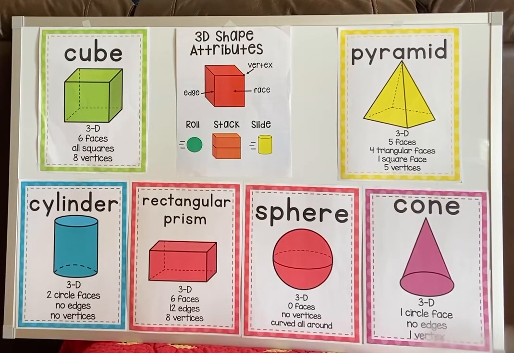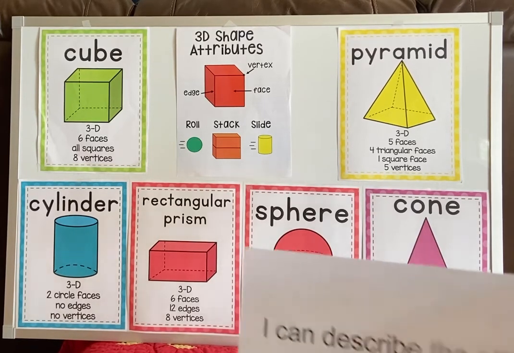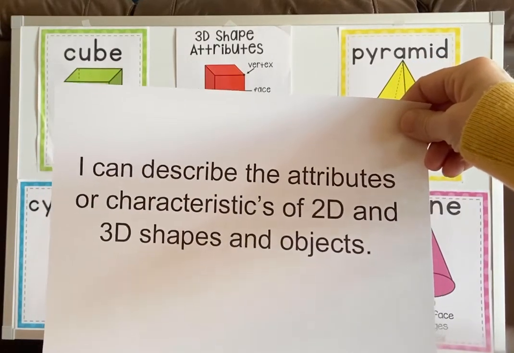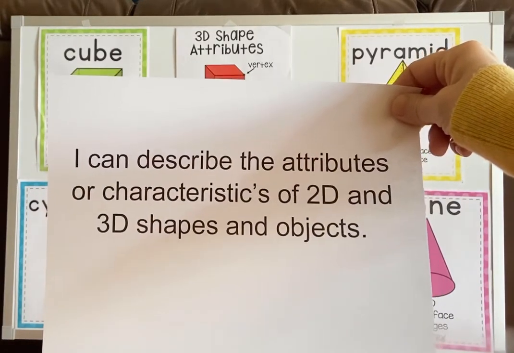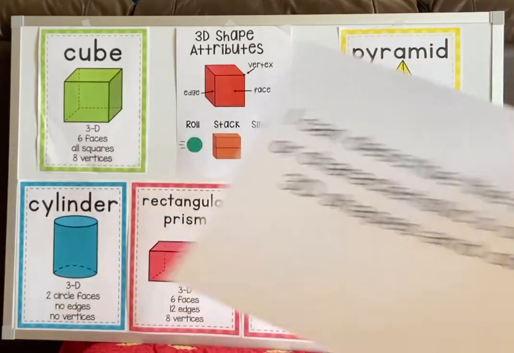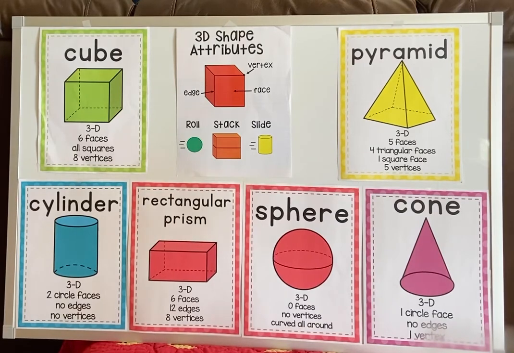This week we are studying geometry. Geometry means the study of shapes. And after this week, you will be able to say, I can describe the attributes or characteristics of 2D and 3D shapes and objects. That's what you're going to be learning, and you have already learned some things about 2D